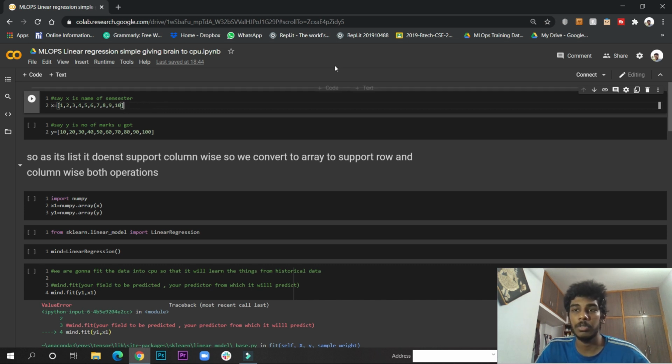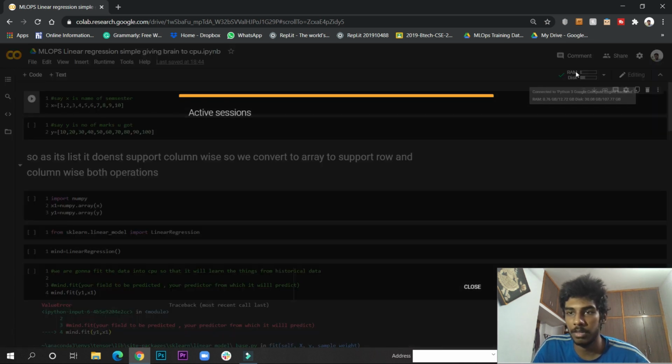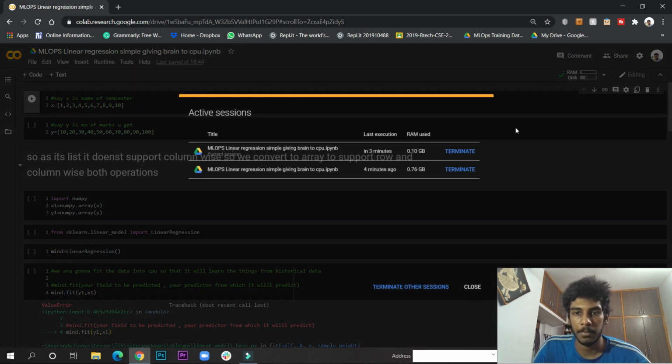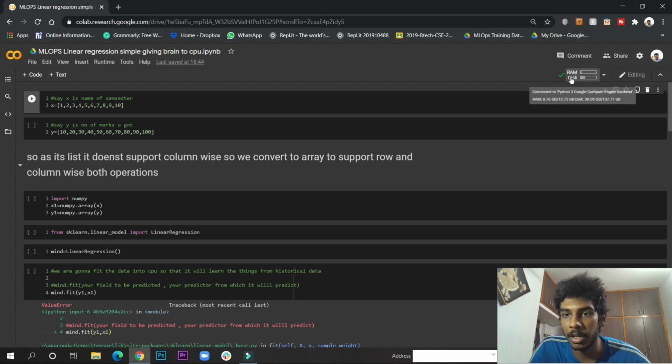The first thing you have to do is connect, so that they give you some RAM or GPU, whatever they have. Click to connect: allocating, connecting, initializing, connected. You will see Connected. Yes, you can see they have given RAM and some disk space. If we look here, they gave us 0.76 RAM, because they identify that themselves.